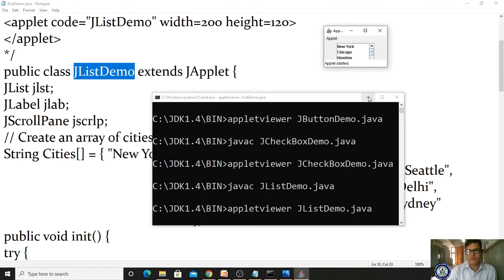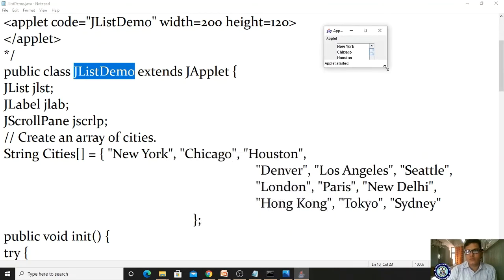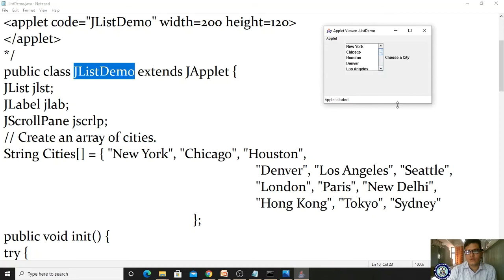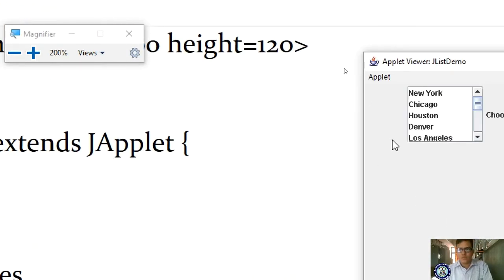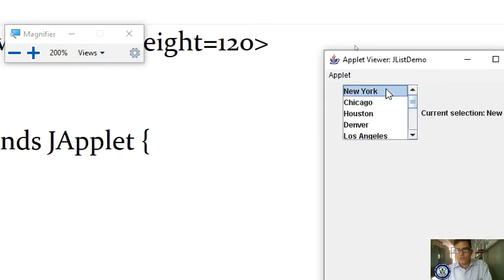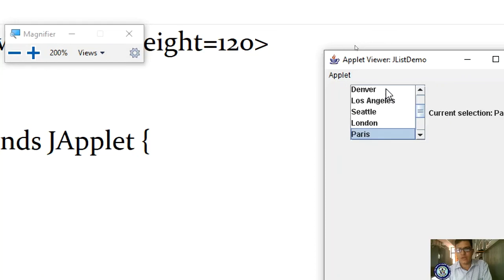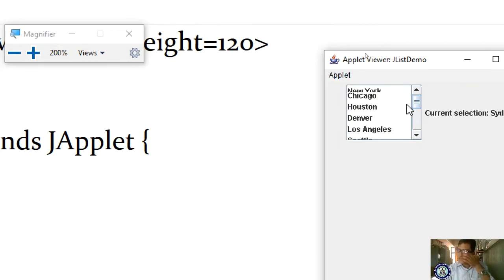So whenever I'm running, I'm ensuring that, okay, yes, please observe here, it is displaying now. In the 0th location New York, first location Chicago, second location Austin, third location Denver, Los Angeles, right? Likewise it has been stored, and the scroll bar is added. In the scroll bar you added this JList box.